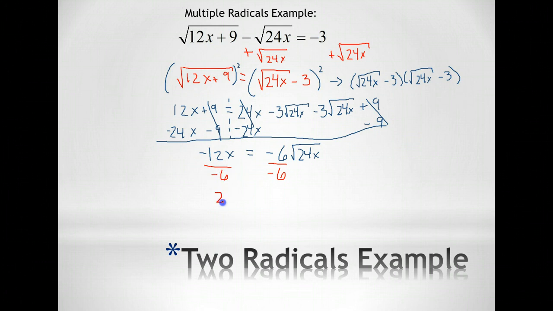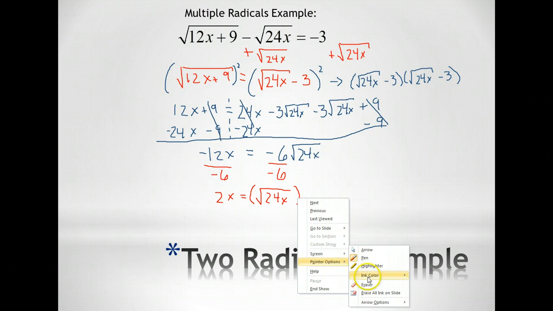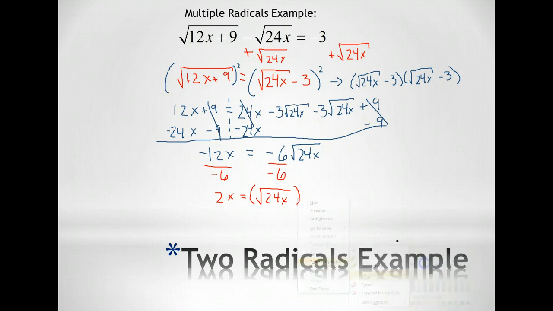So the left-hand side becomes 2x. The right-hand side becomes the square root of 24x. So now I've isolated my radical again. So when we have more than one radical, we just end up repeating the process more than once. So now I'm going to go ahead and square both sides again. So I square to clear the radical. So I get 4x squared equals